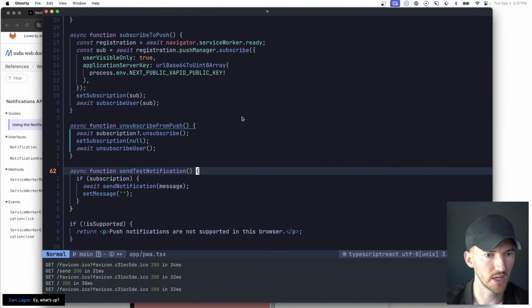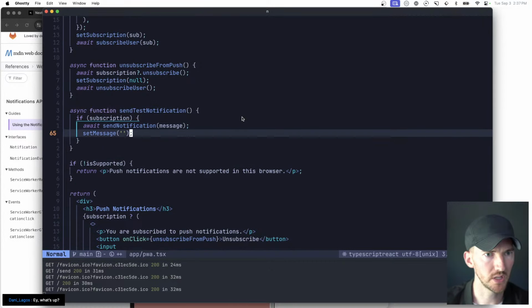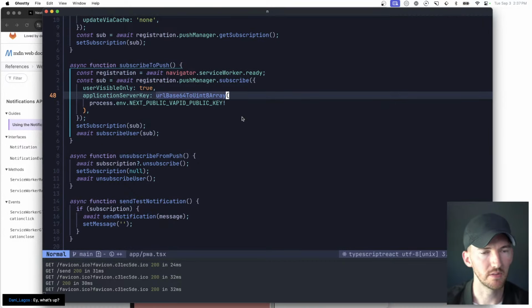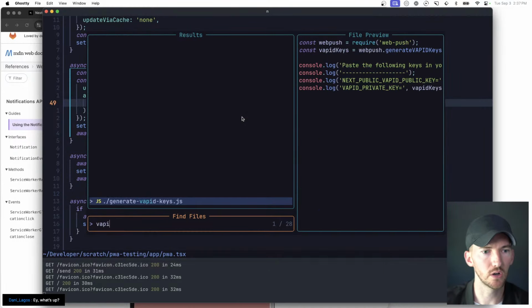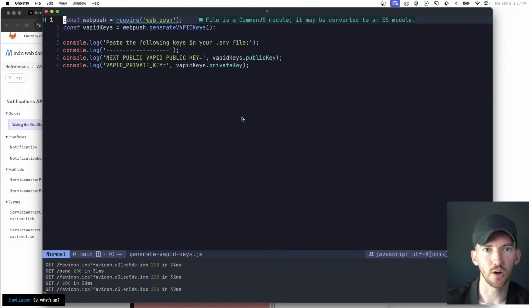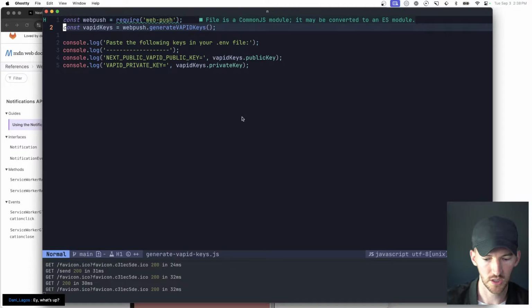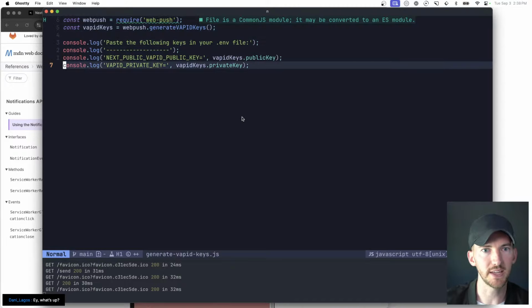So let me go into what this VAPID API key looks like. I actually had not heard of this before, but with this VAPID standard, or this VAPID format for notifications, I'm able to use this library called web-push, which really simplifies working with the Web Push API. And I can call generateVAPIDKeys, and that allows me to paste these values